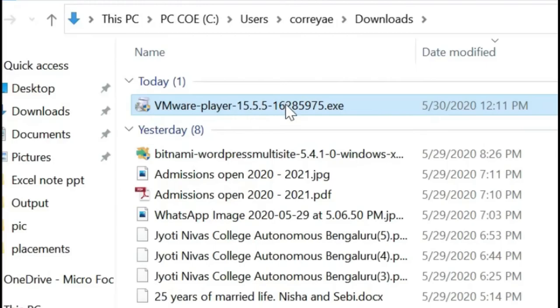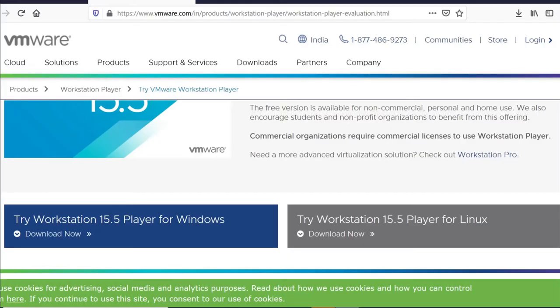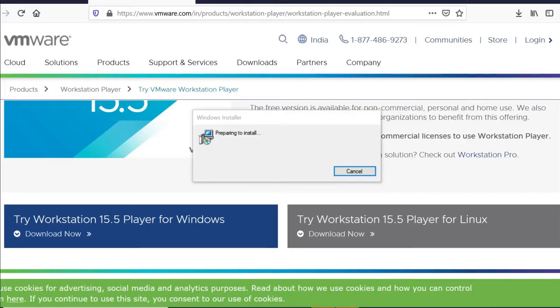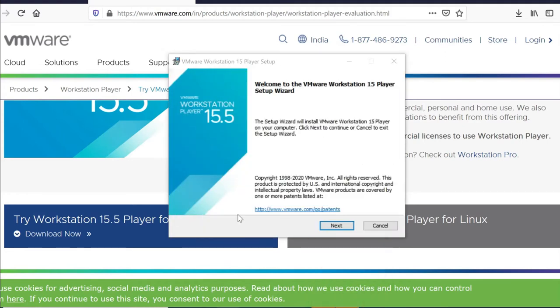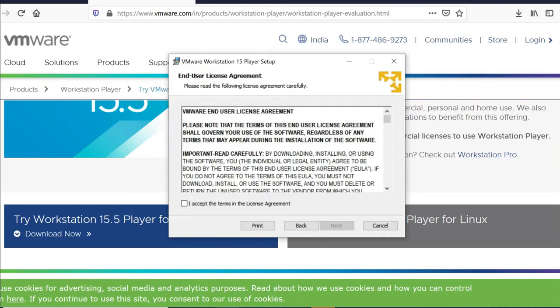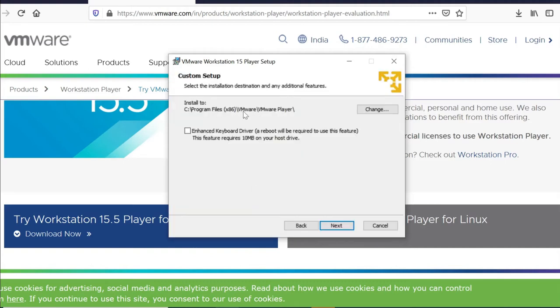Click on that particular file. Now you can see it is preparing to get installed. Click Next. Accept the terms and conditions or the agreements. Click Next. And you can see the path where it is getting installed.